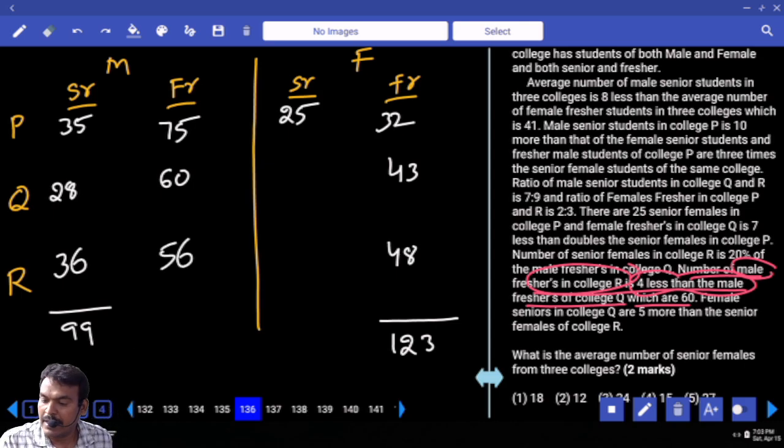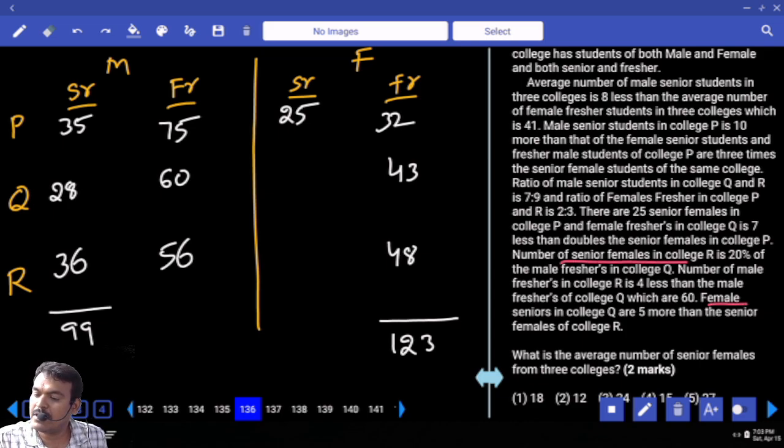Clear? Next and last line, female. The number of senior females in college R is 20% of male freshers in college Q. Male freshers in college Q are 60. Compared to this, 20%. What is 20% of 60? 12. 12 is the senior